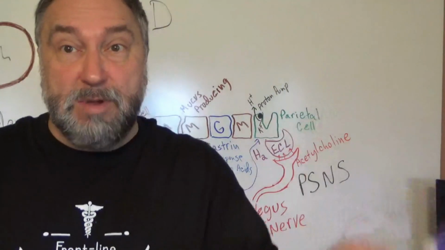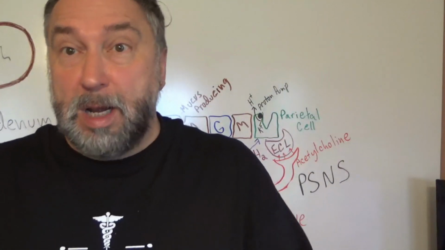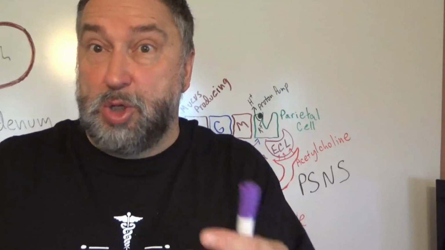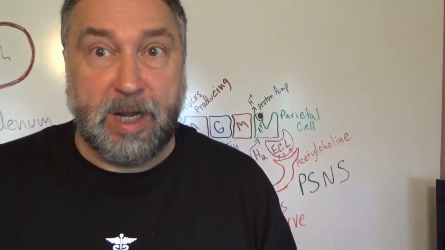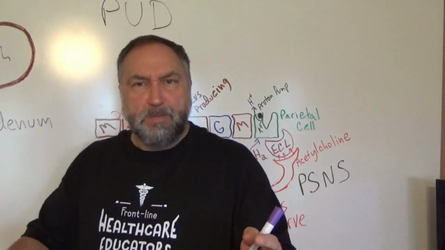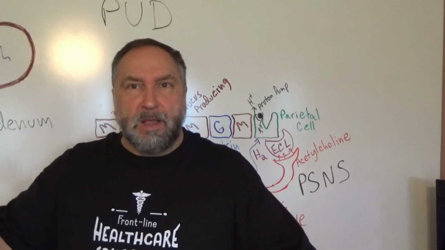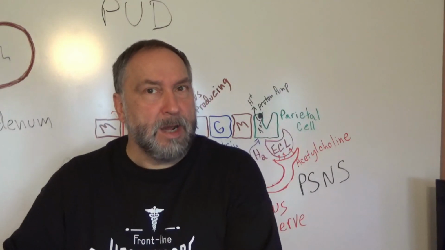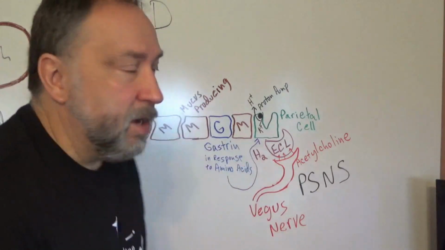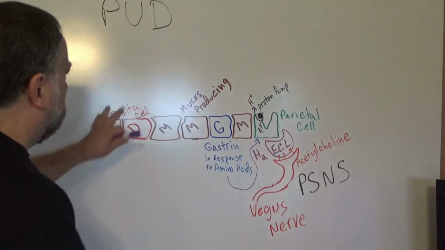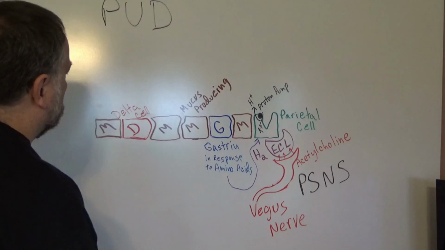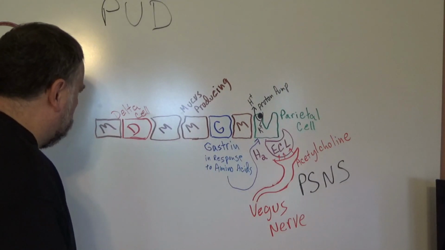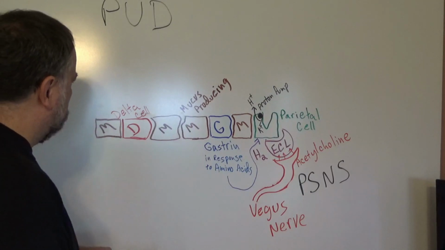The food, the chyme, is very acidic, and it's starting to get kicked out down into the duodenum, and the acidity is just way too high. It's getting really, really acid. We've got to have a system, but your body always has a system of balance. Something that does one thing has to have something else to slow that down. And the way it slows down the acid production, or the acidity of the stomach, is with these delta cells. So in response to this outrageous acidity,